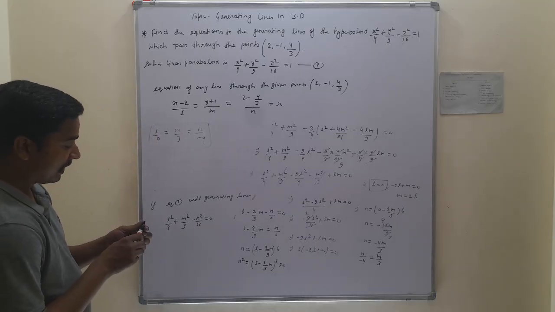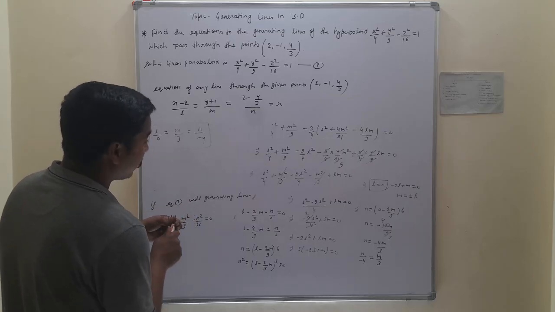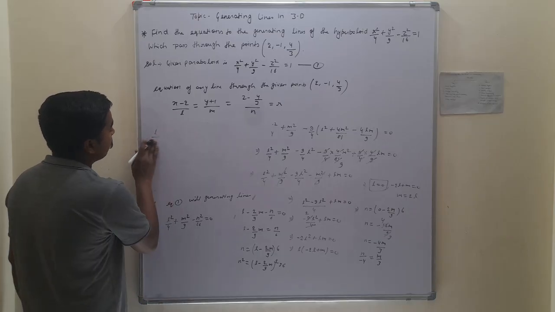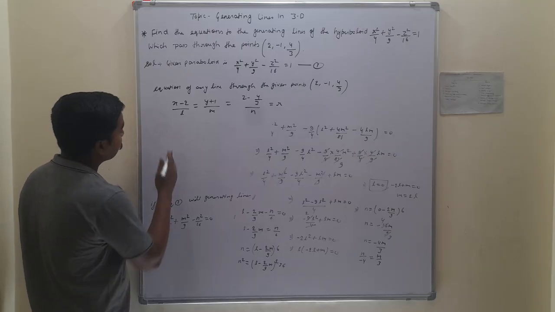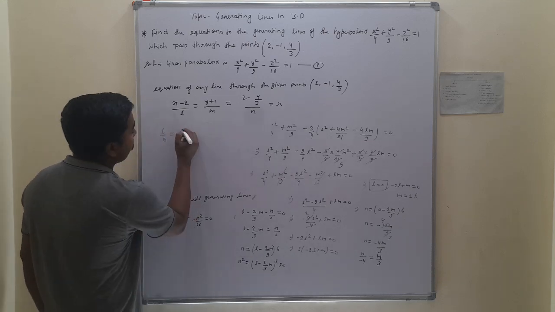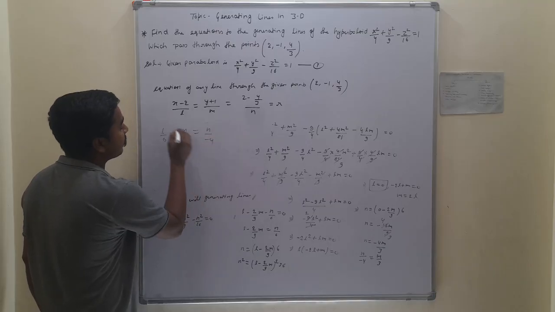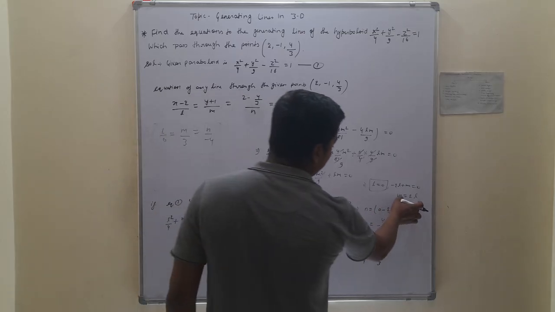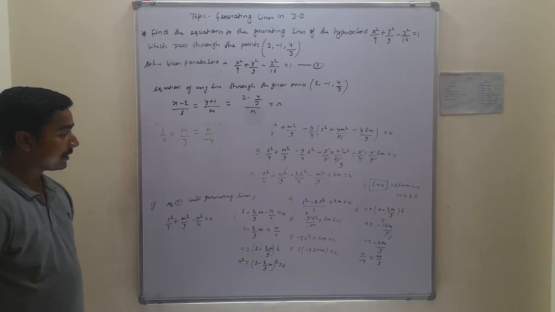Further we have to solve M is equal to 2L. First we solve L is equal to 0 here. We get the equation L by 0 is equal to M by 3 is equal to N by minus 4. This is the equation, and further we solve for M is equal to 2L, putting in the given equation N is equal to L minus 2M upon 9 into 6.